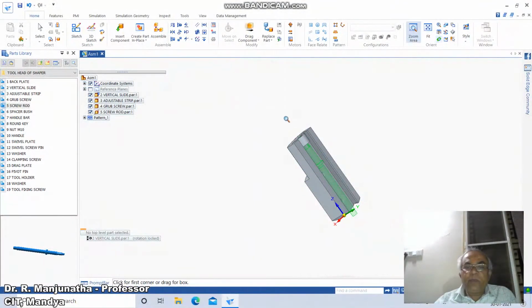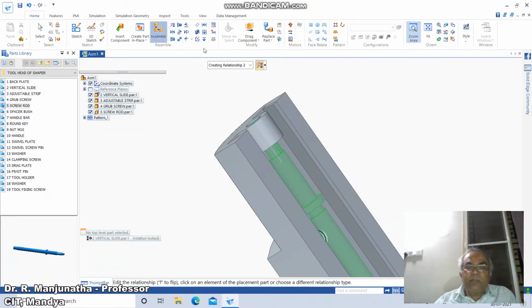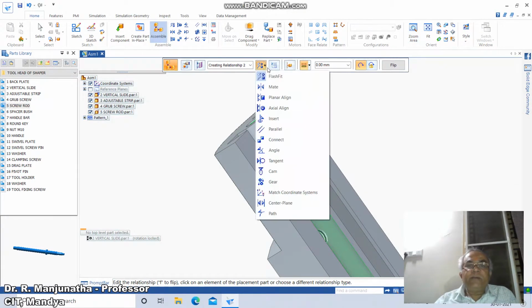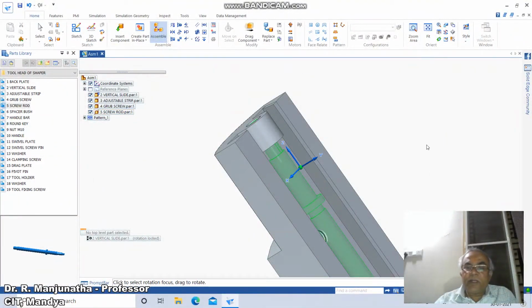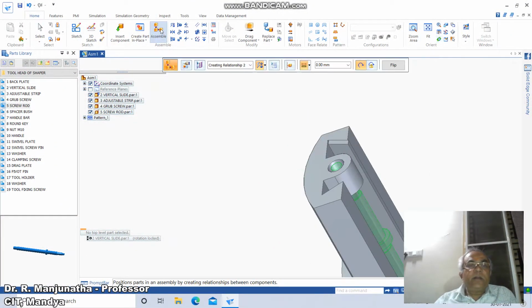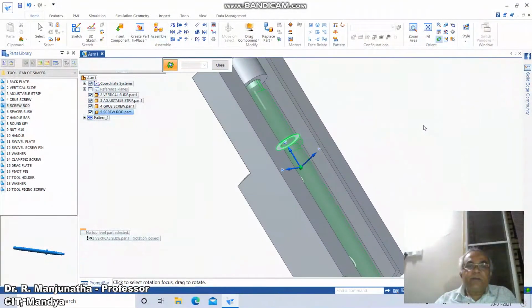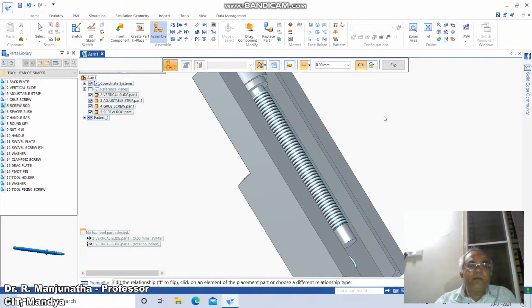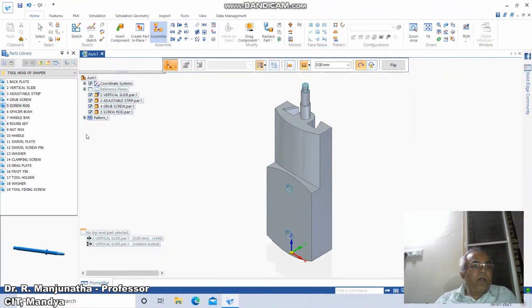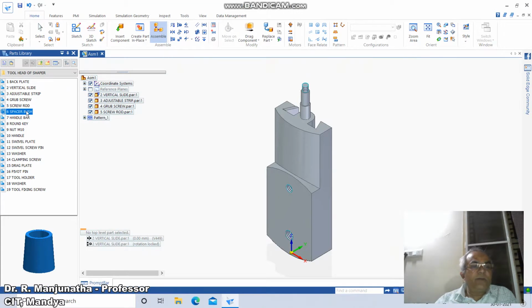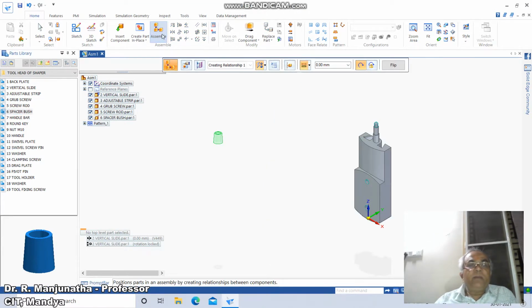Then go to zoom window, then go to assemble, click on flush fit, click on this face. So you just rotate this, then click on assemble, click on this face with reference to this face. So now it is going to be assembled here. So now you just go to isometric. Then to this we are going to add the spacer bush. You just double click on this, then go to assemble, lock rotation, click on this.